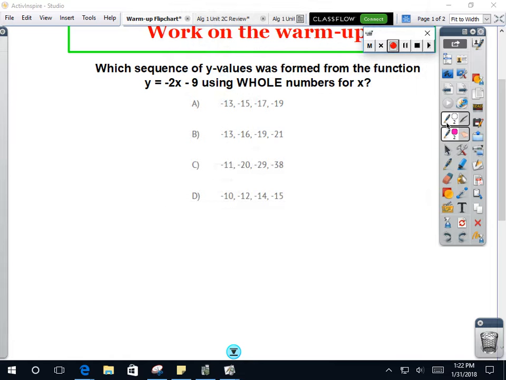Which sequence of y values was formed from the function y equals negative 2x minus 9 using whole numbers for x? I'm going to give you two different ways to figure out this problem. First, I'm going to show you the long way, but I feel like I need to review what